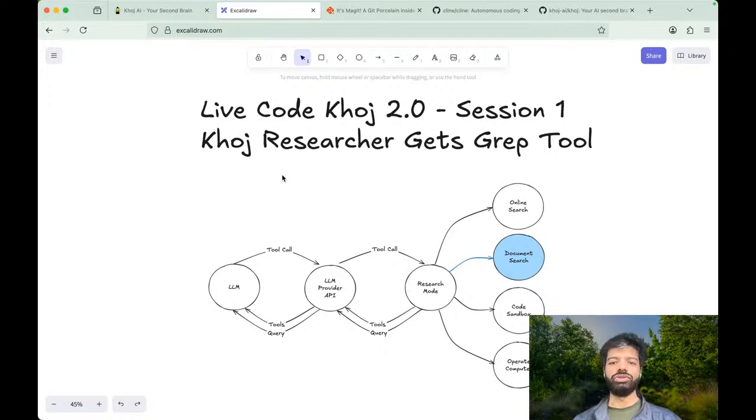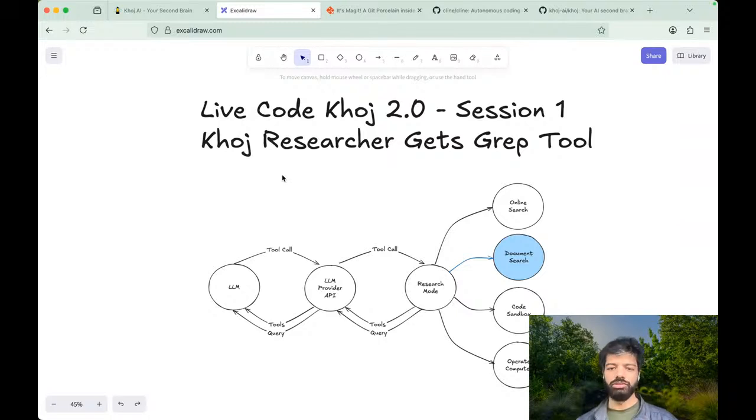Until now, Khoj has had a natural language or semantic search tool, which it uses to look up relevant notes or documents you have. But we want to improve its retrieval capabilities further, and the class of questions it can answer. Right now, it can answer one class of questions. We want to extend it to another class of questions, which I'll get into in a bit.